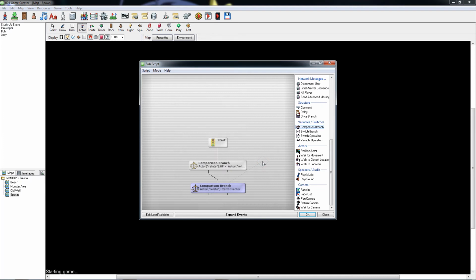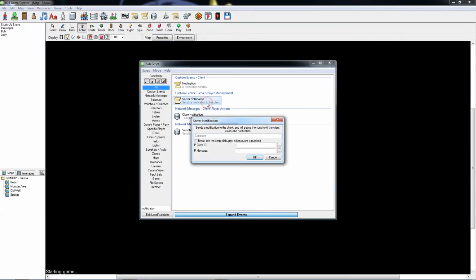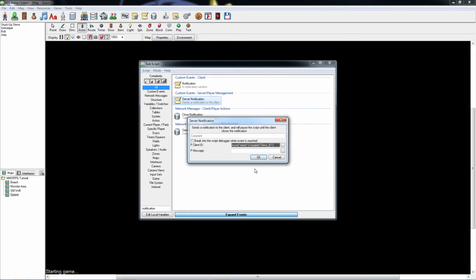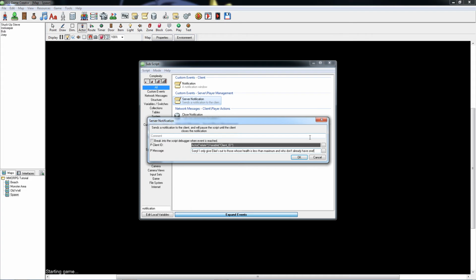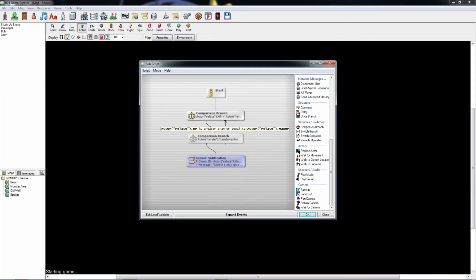Next, click on the Expand Events button, type Notification into the search box, and double-click on the Server Notification custom event. Set the client ID like we did before, and then enter an appropriate message that informs the player that they haven't met the necessary criteria for receiving an elixir. Join the right node of the first comparison branch event to this server notification event,